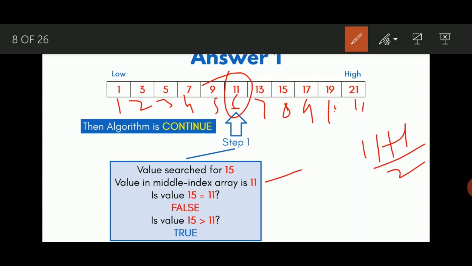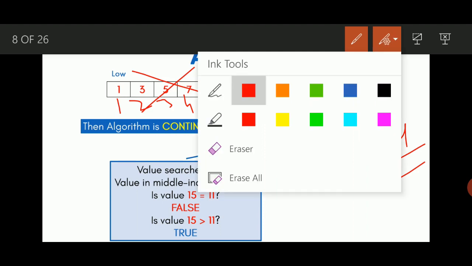15 is equal to 11? That is not right. That means this condition is false. After that he checks whether the value of the key is greater or lesser than 11. 15 is greater than 11, that means we have to check in this sub array, and we have to leave the left sub array. Okay, so according to this,